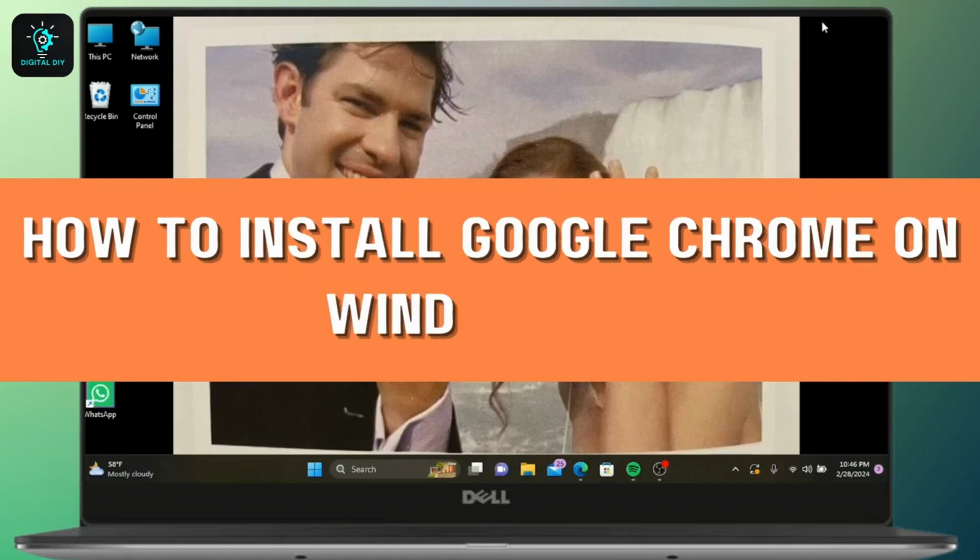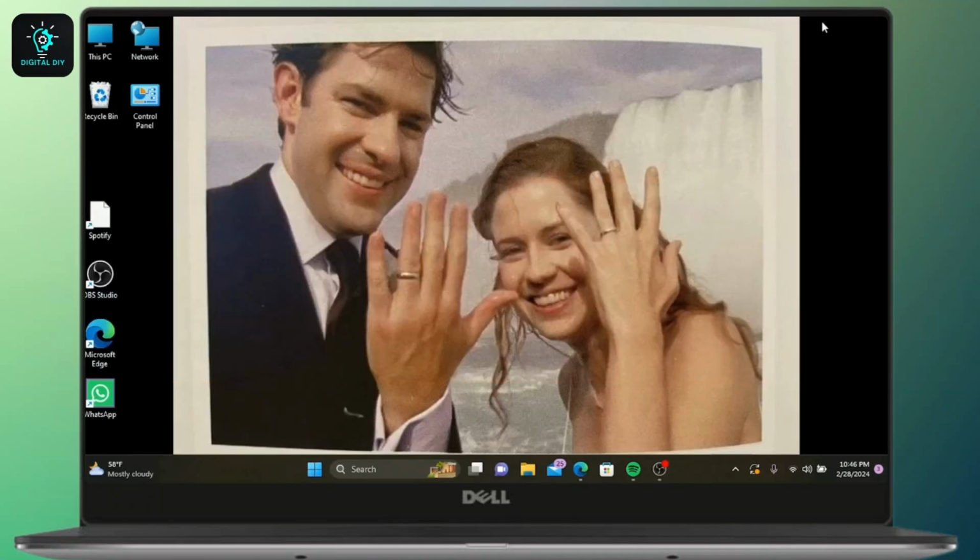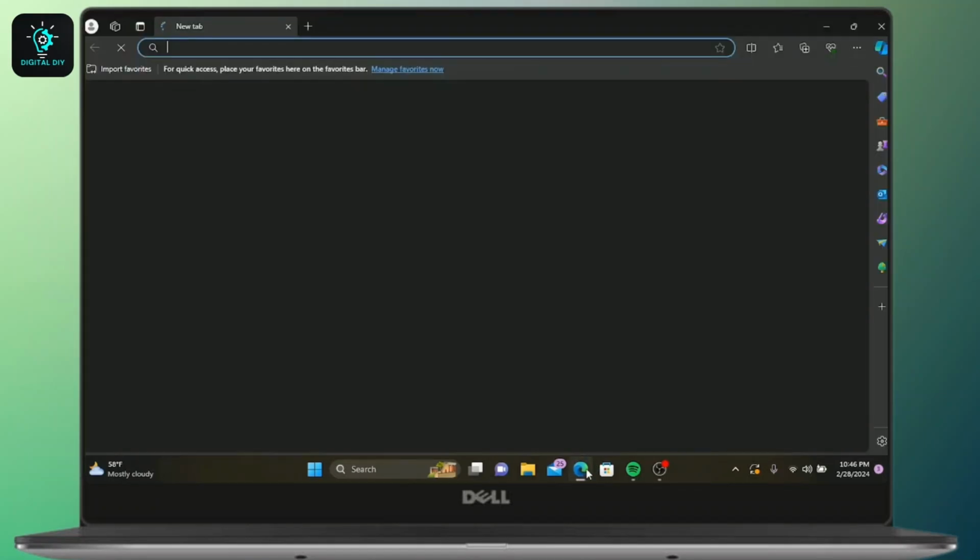Installing Google Chrome on Windows 10. Whether you're setting up a new computer or just prefer Chrome as your go-to browser, we've got you covered. So let's get started. We'll start by opening Microsoft Edge, the default browser on Windows 10, which you'll find